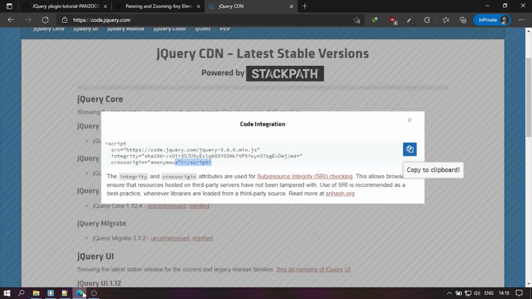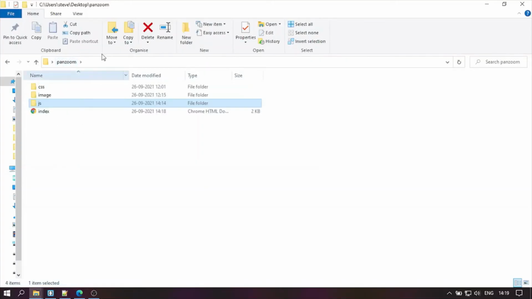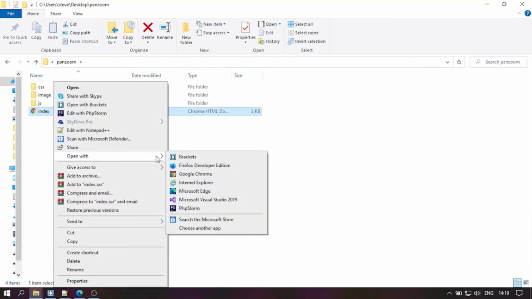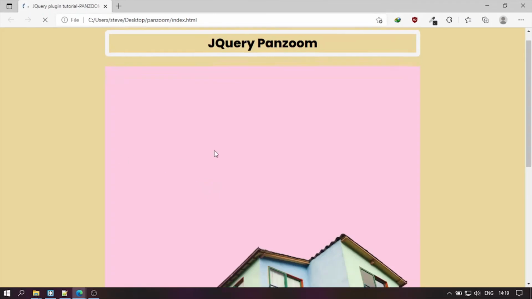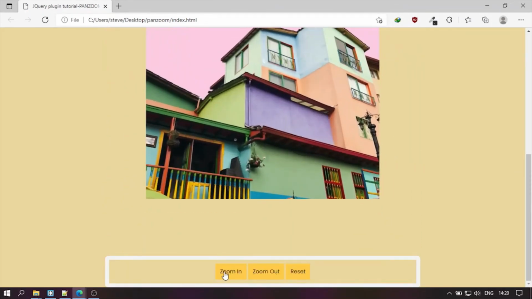Again visit your main page. Go to your main folder, where the source code is, and open this. So we have successfully implemented this pan zoom effect.